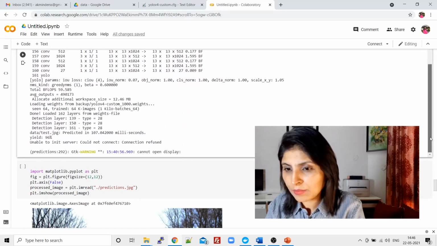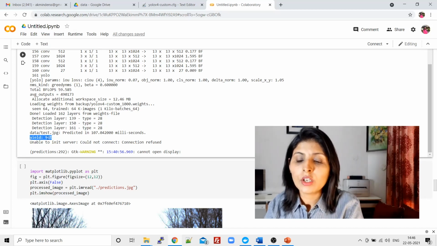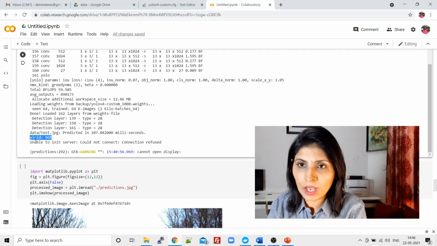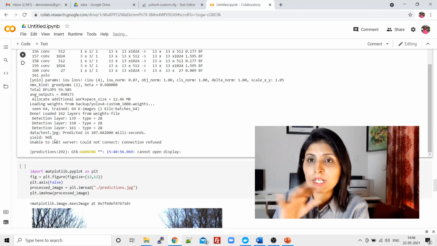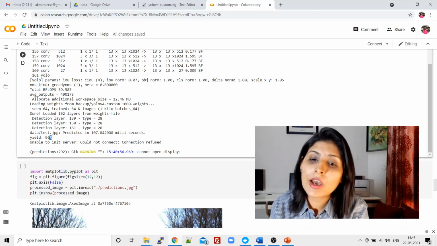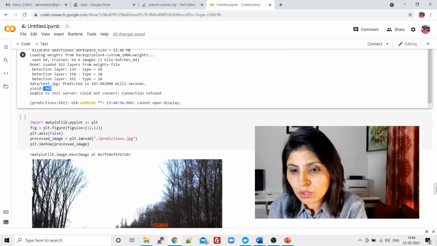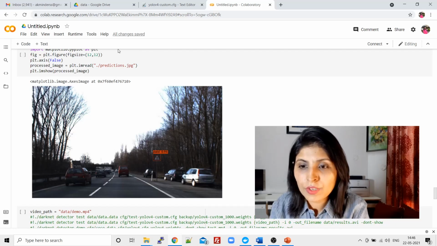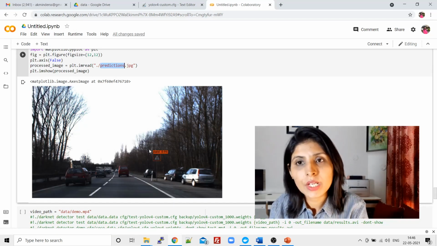after some time you will see the results here. Our algorithm is seeing that in this image we have the class yield, and the probability that it belongs to yield is 96%. Now suppose we want to show the predictions. I have written this function where we read the predictions.jpg image, and this is our result.